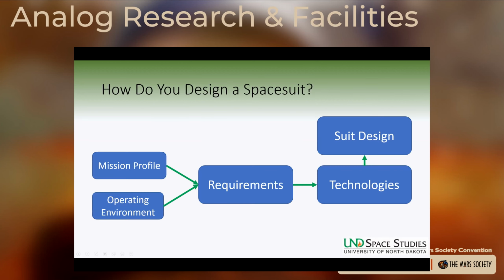So let's get started. Just starting to think about how you design a spacesuit and where you start. First, you're going to have a mission profile, which is where you're going, how long you're going for, and things of that nature. In addition, you're also considering where you're going: the lunar surface, the Martian surface, or microgravity. From a combination of those, you can then derive a set of requirements. Those requirements are then going to be met by a series of technologies, which will then be incorporated into your